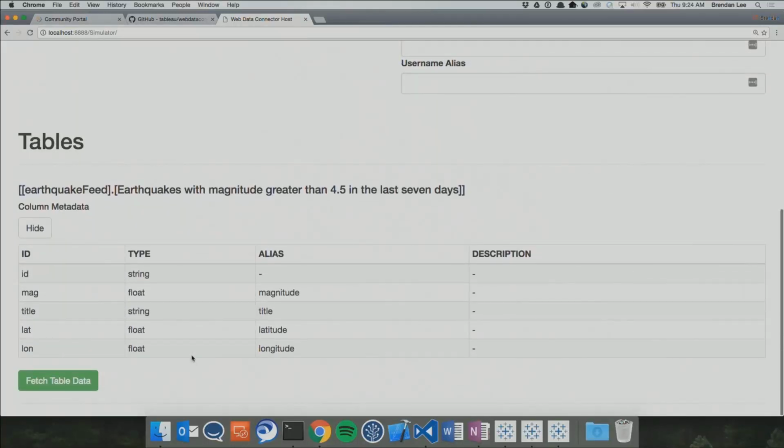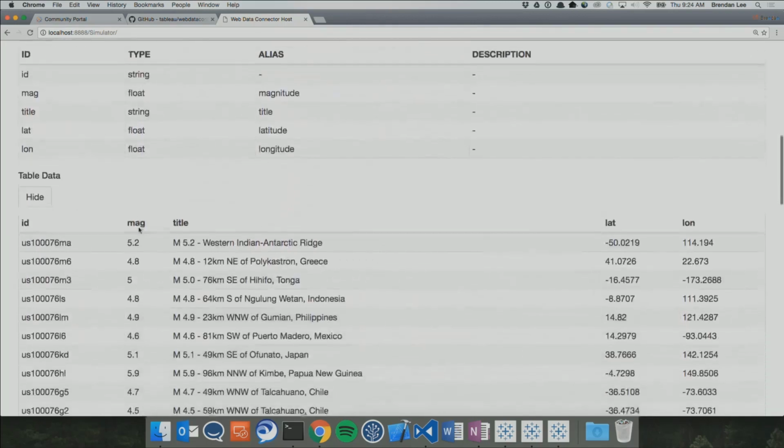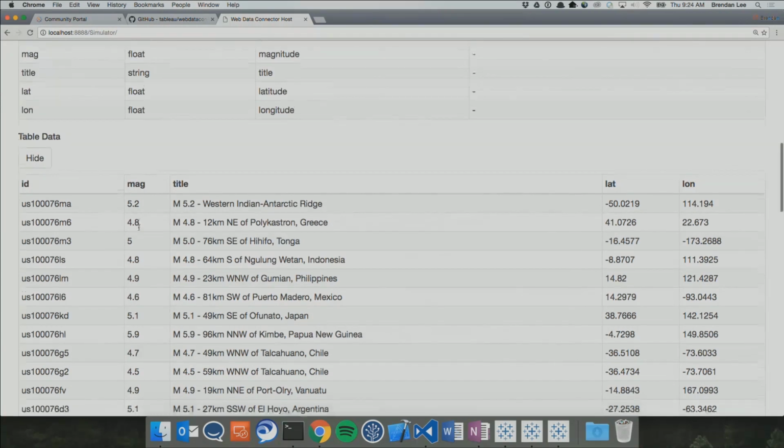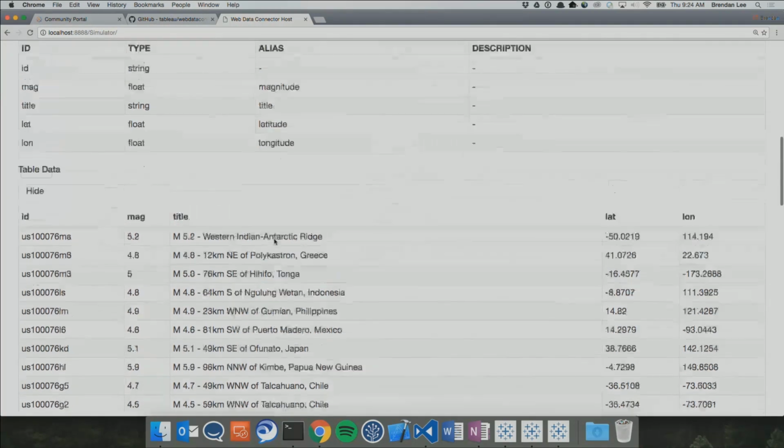The first is we're getting the schema. And this has already happened. So our web data connector has sent back information about the schema to the simulator. And then the second thing that happens in this phase is we actually get the data from our web data source. So the connector has gone and fetched a bunch of data about earthquakes, and we have that here in this nice HTML table. OK, so that's the simulator.